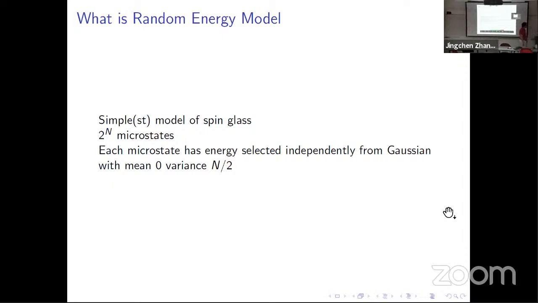Okay, physicists. So the random energy model is the simplest possible model of a spin glass. We have 2 to the n microstates. It's a classical model with 2 to the n microstates, and the energies of these microstates are chosen independently at random. It is not a realistic model of anything in the real world, but it is very, very easy to do math on, and it is a great example of a spin glass. So do people understand the random energy model?